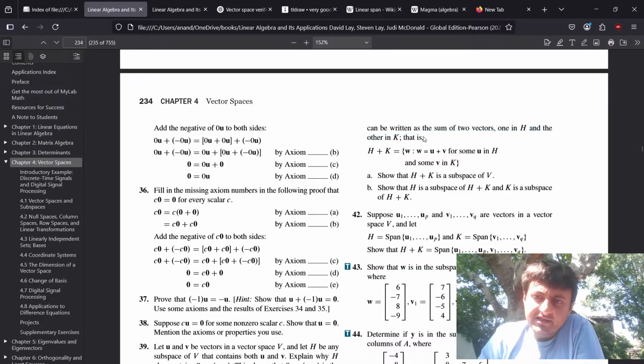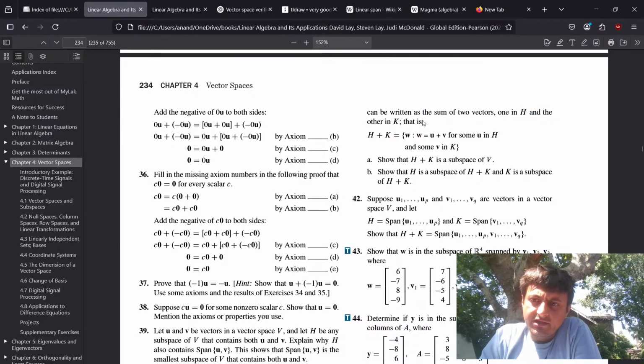Can be written as the sum of two vectors, one in H and the other in K. H plus K is defined as the set W such that W is equal to U plus V for a U in H and V in K. Show that H plus K is a subspace. Okay, so you take U equal to 0 and V equal to 0, and since H and K are both subspaces, they both have 0, so that's chill. So then we got the first condition. The second condition is that